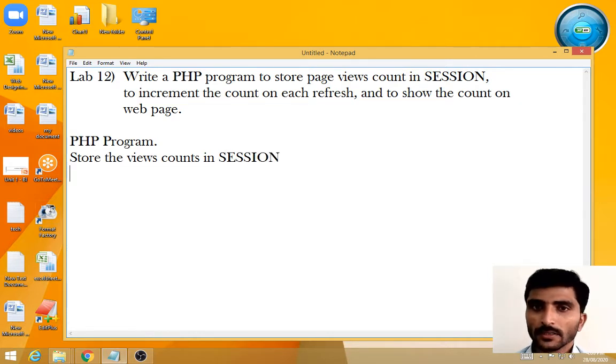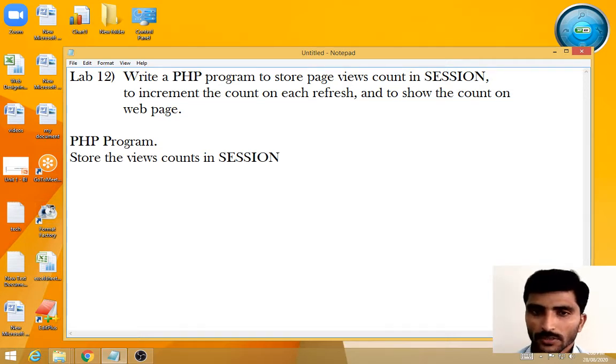After refreshing another time, it again increases the count. That is what we have to do here, and display it in the web page. That is the 12th program.